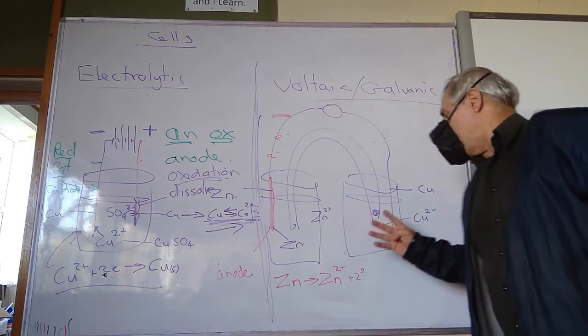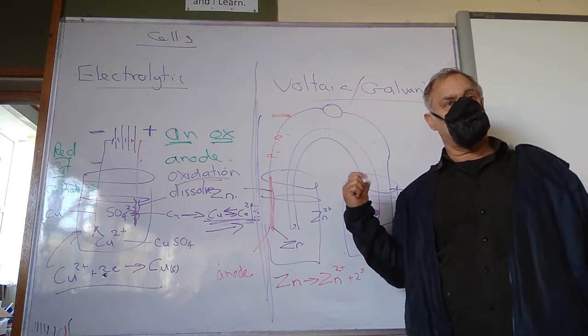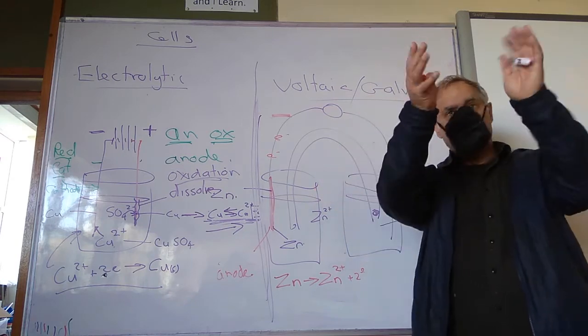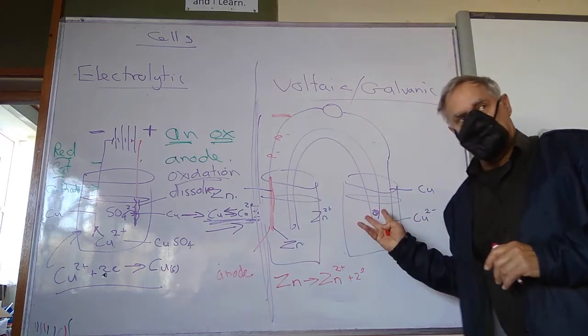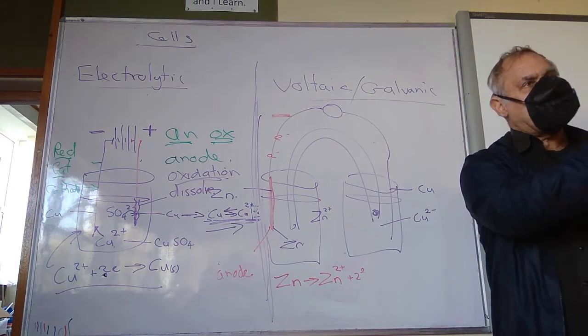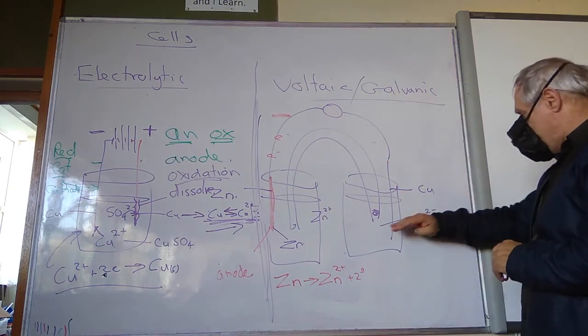Okay. Now, what is copper? For every giver, there has to be a getter. It's the law of the universe of electrons. Electrons can't sit in limbo. They've got to go somewhere. So if something's giving, something's getting. That's why we call it redox. Oxidation must occur with reduction. Reduction must occur with oxidation. Okay, so we know that